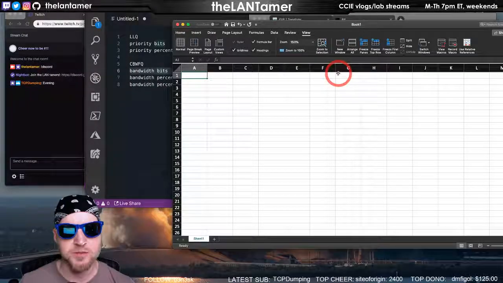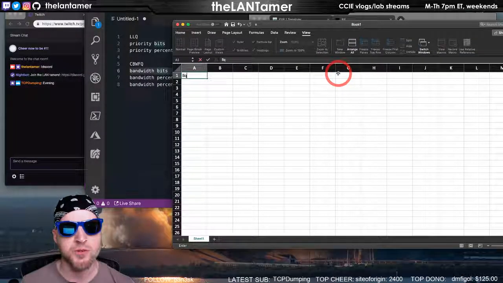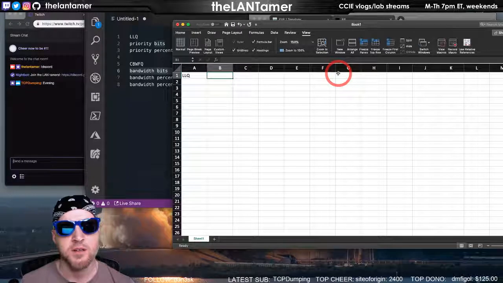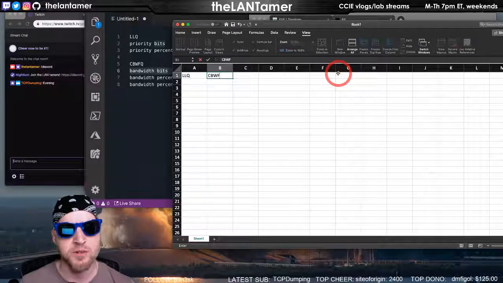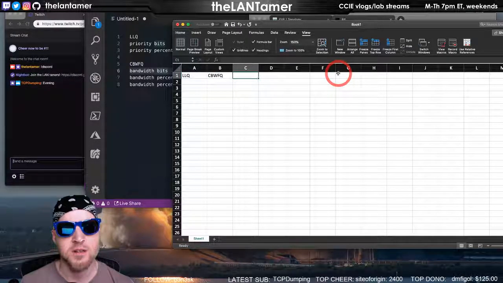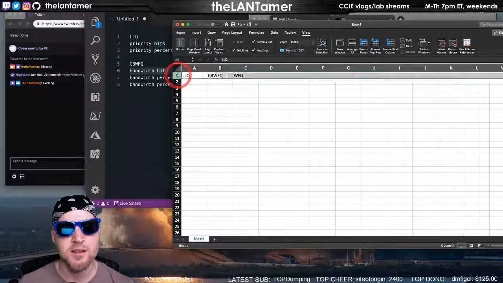So we'll do a little chart here. We'll say we have LLQ, CBWFQ, WFQ. No, we need a different axis.